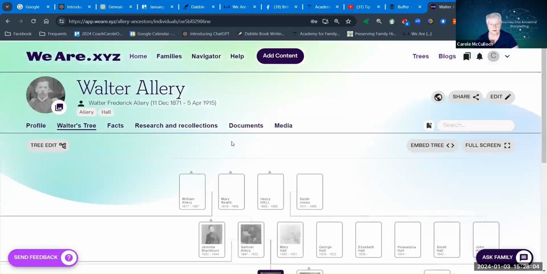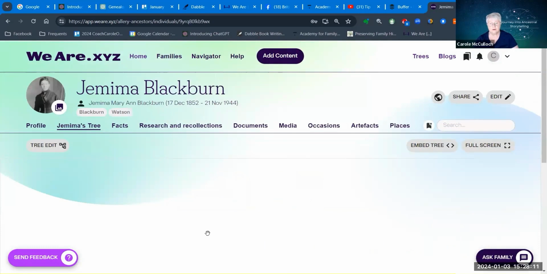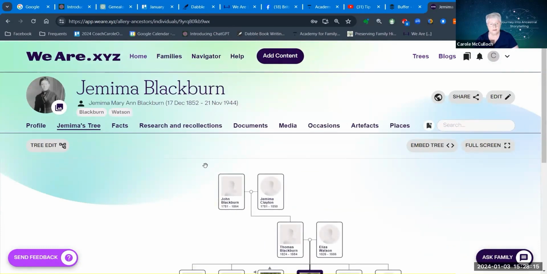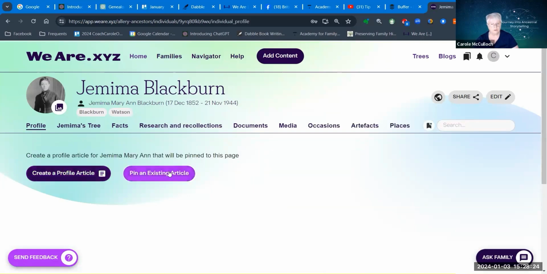to another layer of your ancestors. And one that I'm working on at the moment is Jemima, my great-grandmother. And if I wanted to add something about Jemima, we can have a profile for her, and we can create it or we can pin it if we've already got an existing article. But if we create the profile,